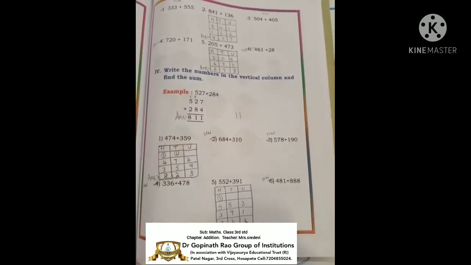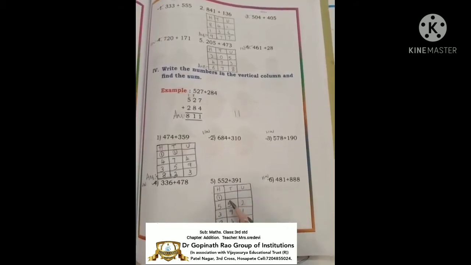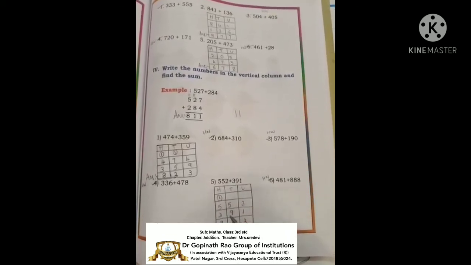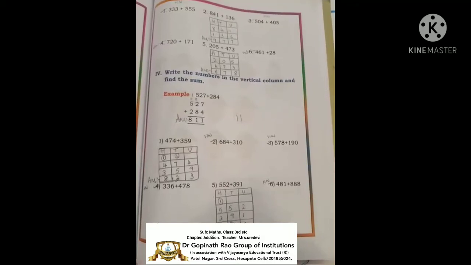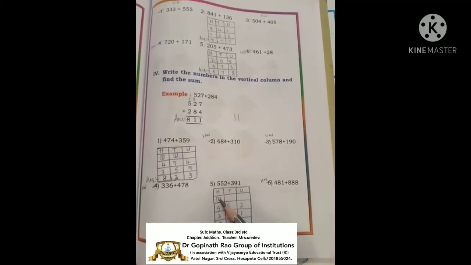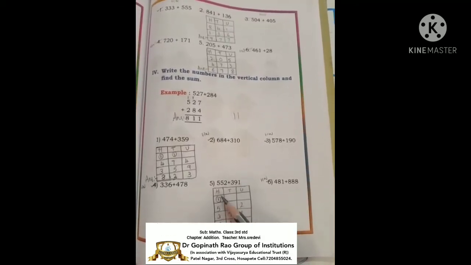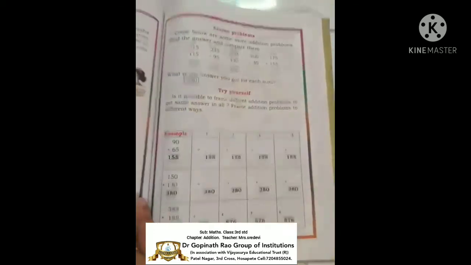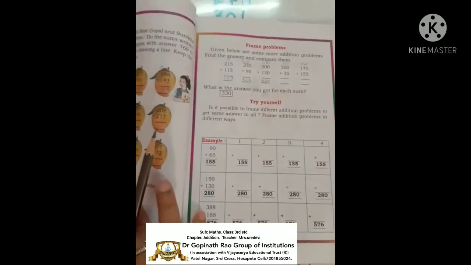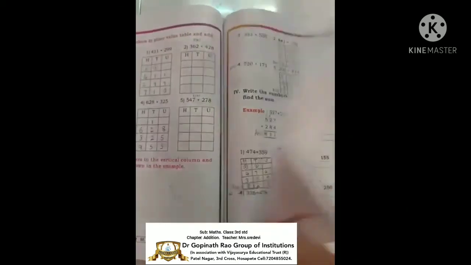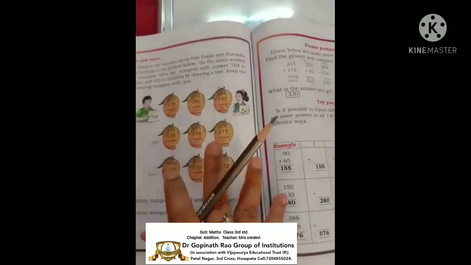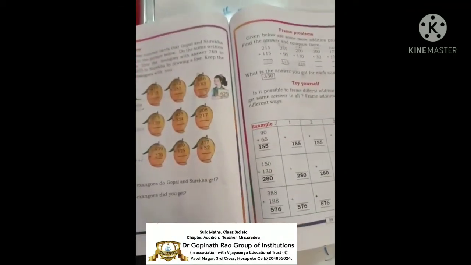2 plus 1 is 3. See, always hundreds, tens, units. Then again one box for carryover. Okay, 9 plus 5 is 14. Okay, 5, 6, 7, 8, 9. Okay, answer is 943. So, here completes your addition with carrying. In the next class, I am going to solve this, children, from page number 88. Okay.